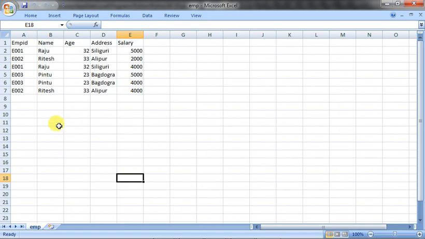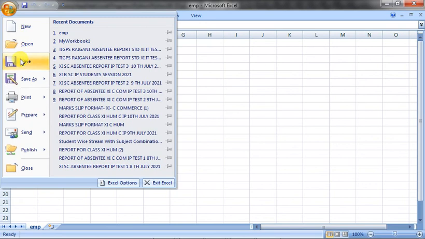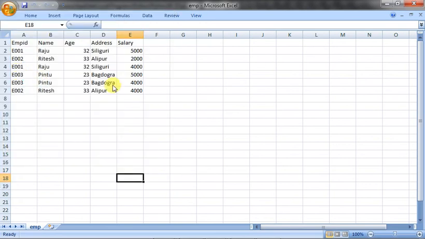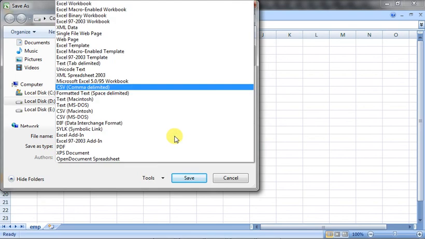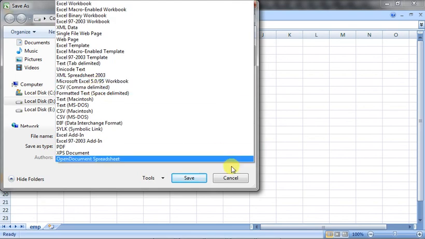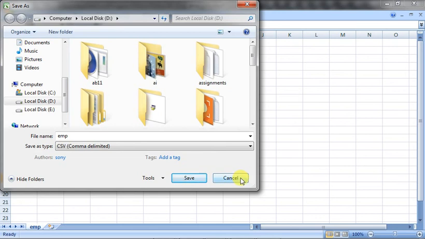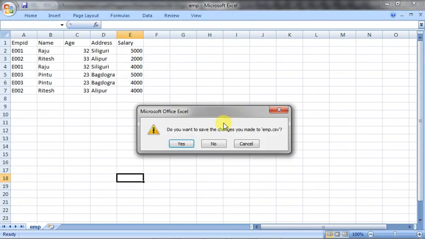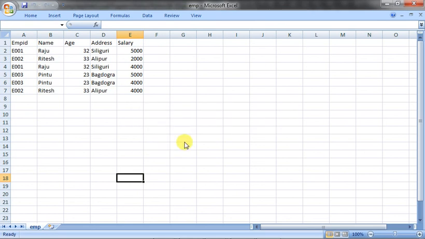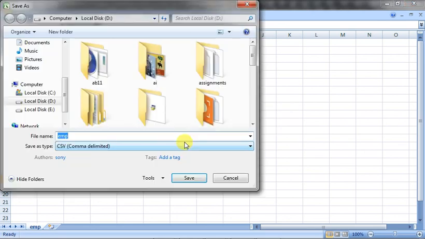So now you are ready for making the file. You give the data and all, then you go to File and then Save As, a window will appear, and then you give the name, and here you choose the file type, that is comma delimited, and finally you save it. Okay, so in this way the CSV file can be created. While you are coming out, it will ask you for saving 2 times. So first you will save, then it will ask the name.